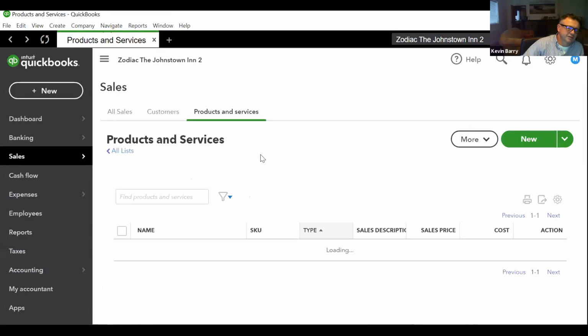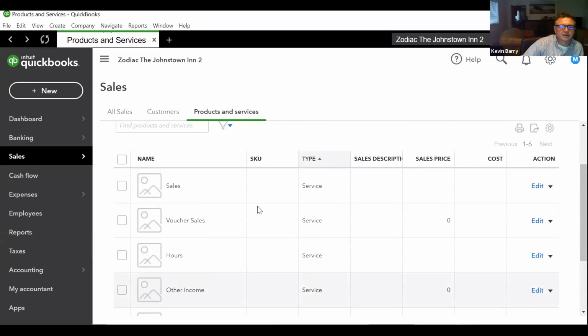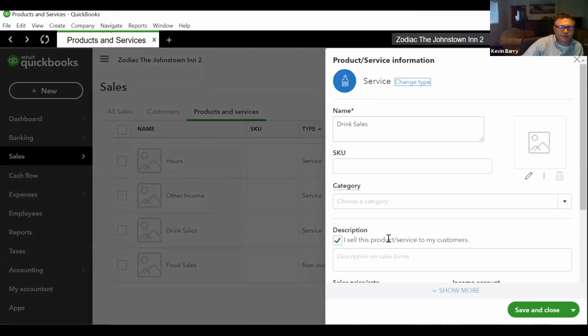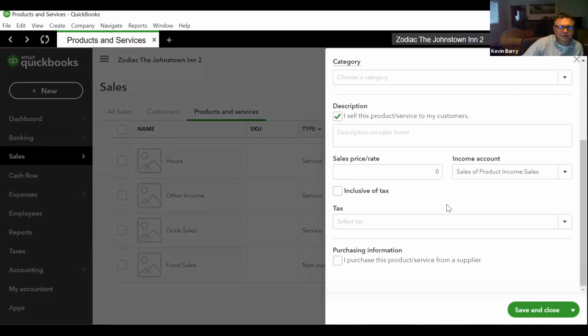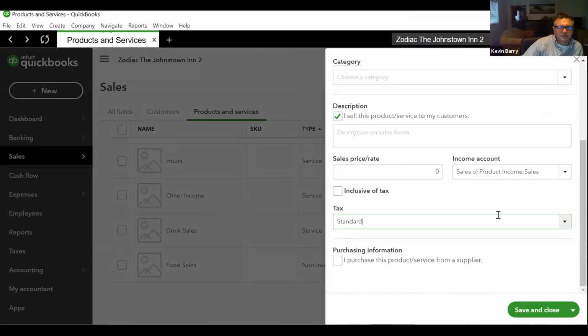So the journal entries, in fact, are at Lightspeed, not ours. Okay. So here's your drink sales now. Let's have a look at some of this programming. See, it's not picking up. That's exactly what the problem is. They're not picking up those. The way you're doing the desktop is actually the way it should be done on here as well. Exactly. Yeah, and